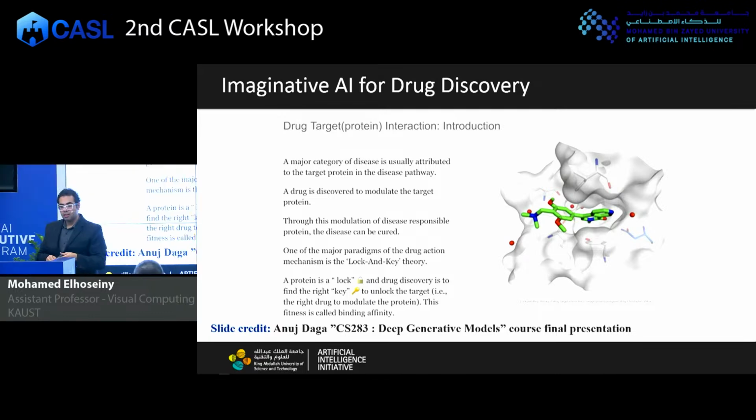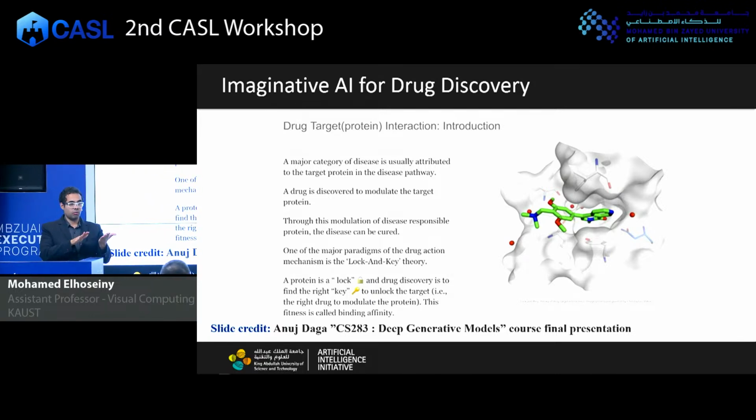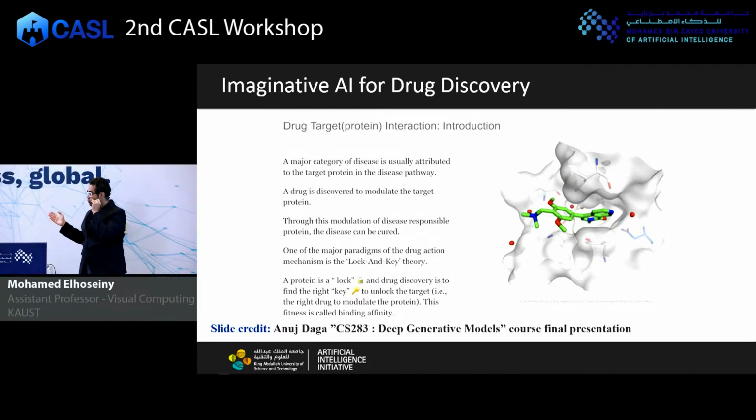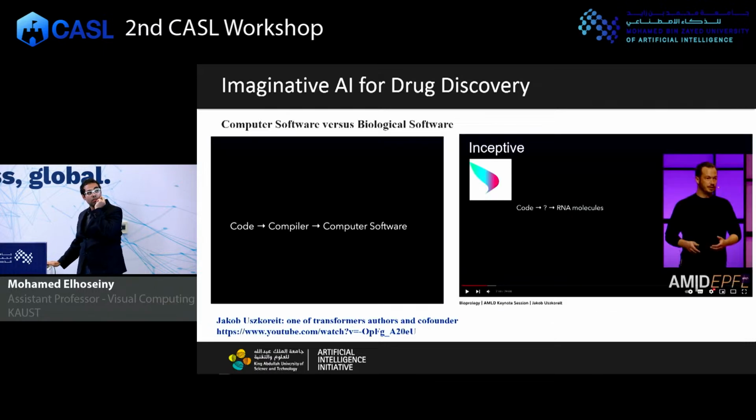People in drug discovery do what? They take two cells, one is good and one has a defect, and try to see what the differences are. And maybe by some practice they find the protein that has a problem. Then to cure it, they try to find the drug sequence that mutates that protein to go back to the normal state. If you have models trained on all possible protein-drug pairs, those that bind and those that don't bind, we can have generative models that can predict drug sequences, and maybe this has the potential to accelerate drug discovery.